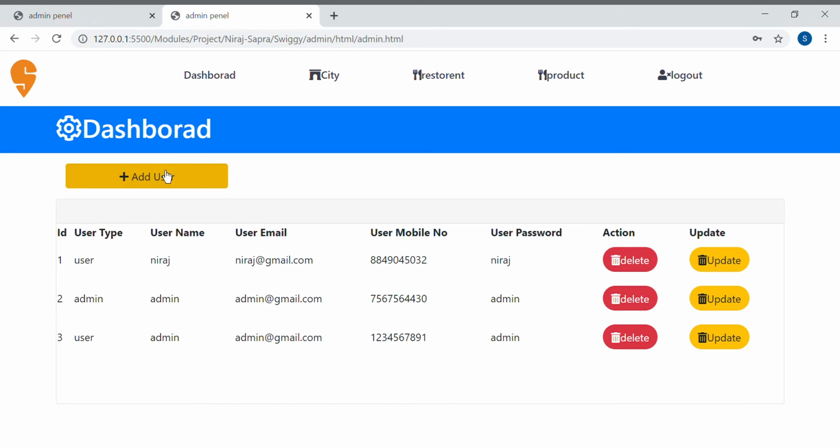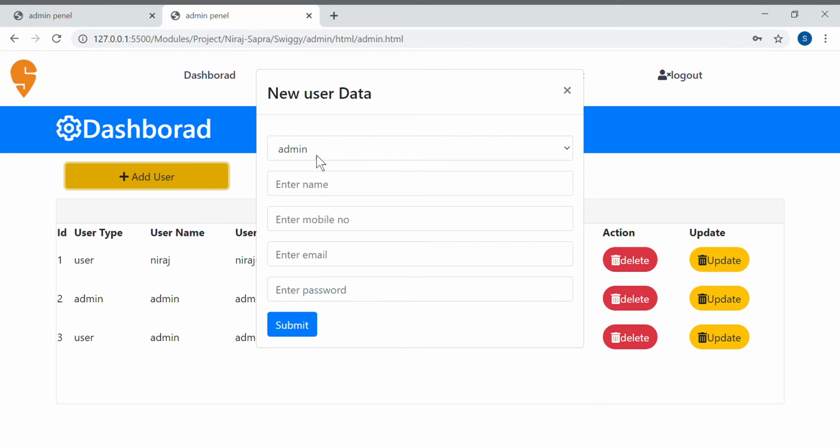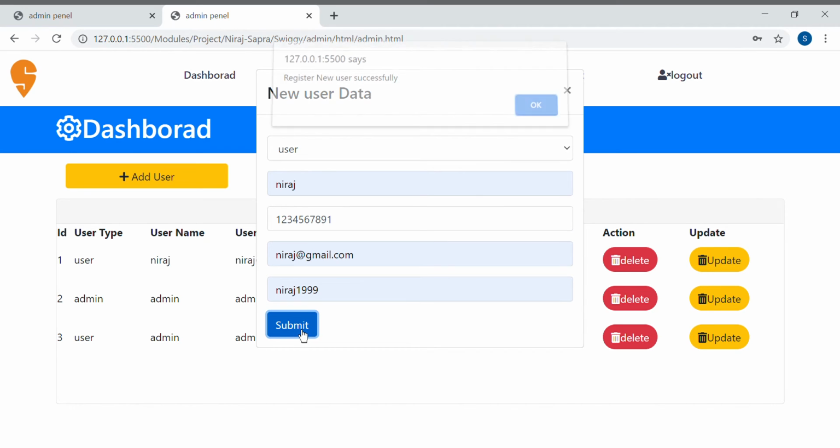So we add one user here. Choose how many admins and users. So I create one type of user module. Here the name is Neeraj, and the mobile number is given like this, right? Enter the email id, enter the password and submit.